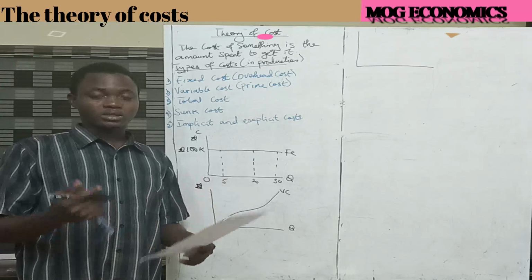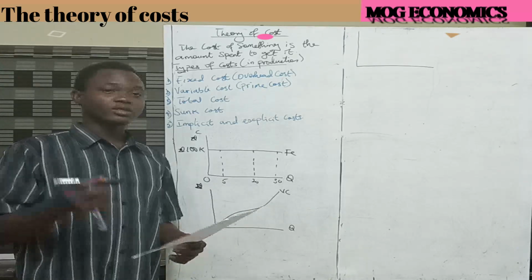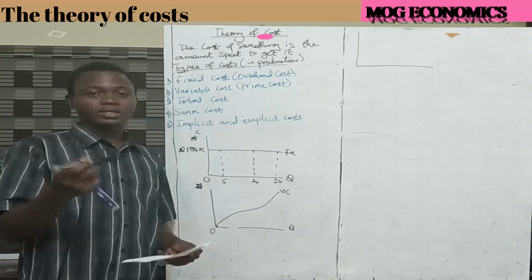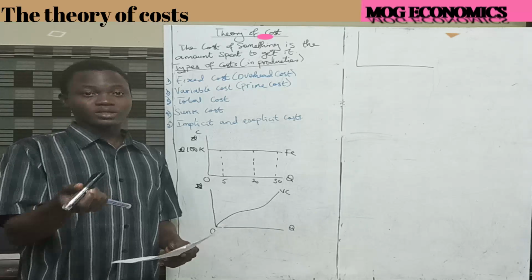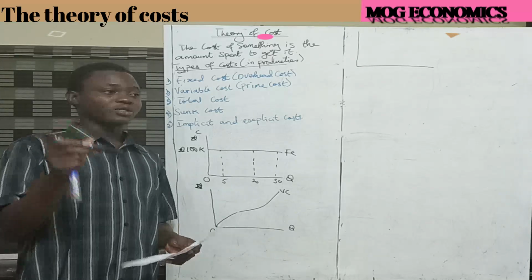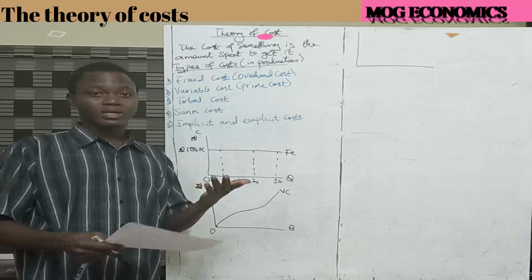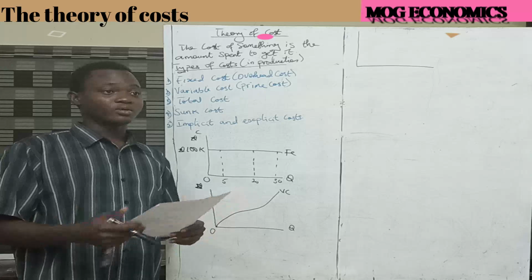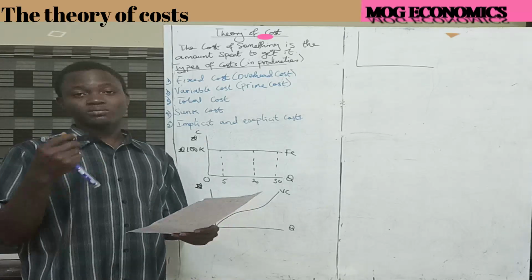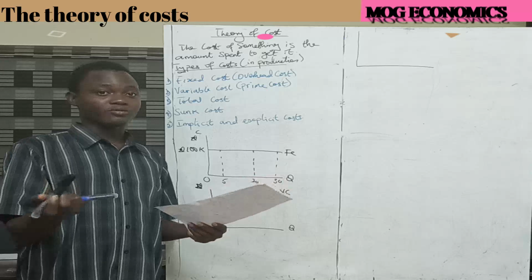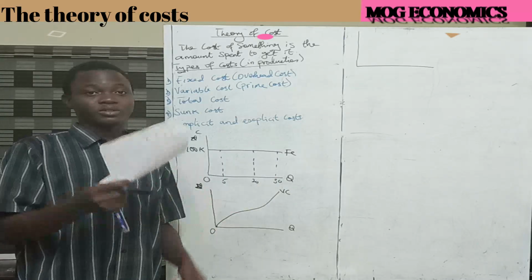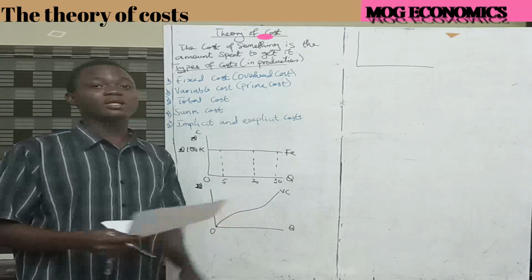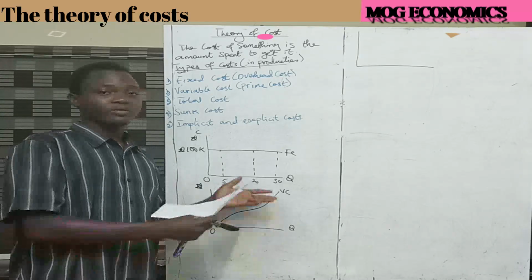An example of that is the marker I'm using. If I am recording classes, you bet that I would have to use markers. The rate at which this marker is going to finish depends on how often I record classes. So if I record a lot of classes, that means I would have to be buying a lot of markers. And if I record fewer classes, I'll be buying fewer markers. And the same thing for this piece of paper that I'm holding here. So the more classes, the more I exhaust this stuff, and the more I have to get another one. So it's different from the cost of the board.